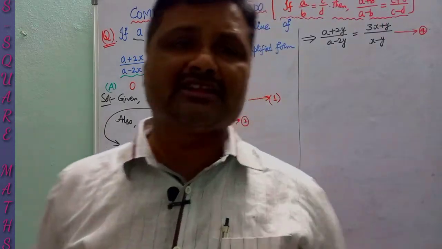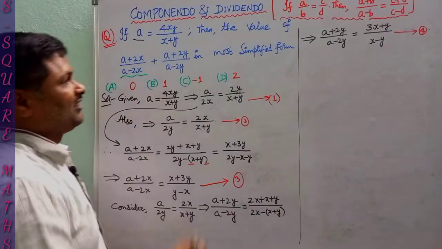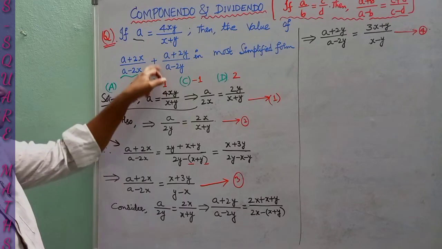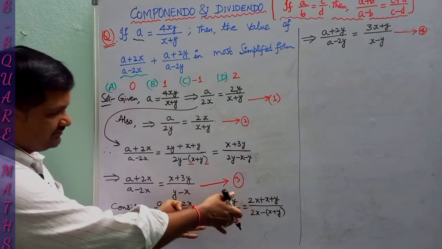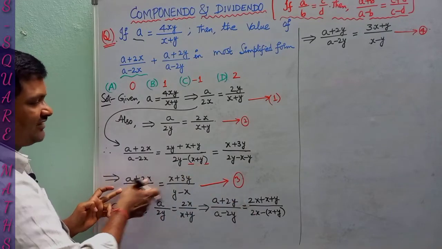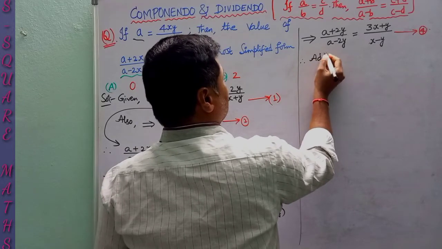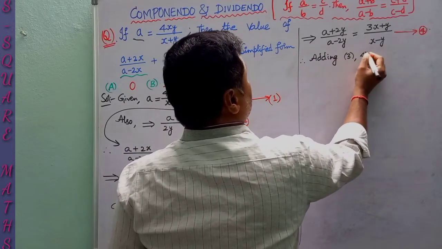So the major part has been completed. Now what is our intention? To get the value of a plus 2x by a minus 2x plus a plus 2y by a minus 2y. We are ready with third and fourth, so adding 3 and 4 we get